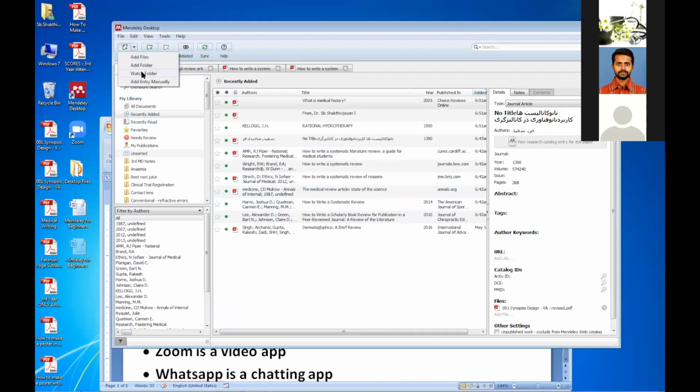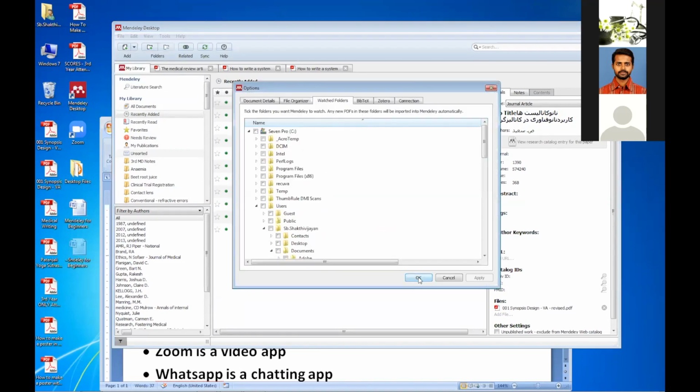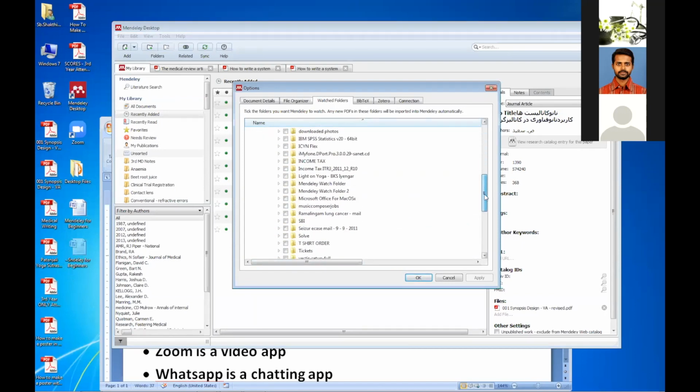Now, what is a watch folder? This is a very important folder. Please listen carefully. I press watch folder. And what I'm going to do is add the watch folder that I've already kept, Mendeley watch folder. I'm selecting it.